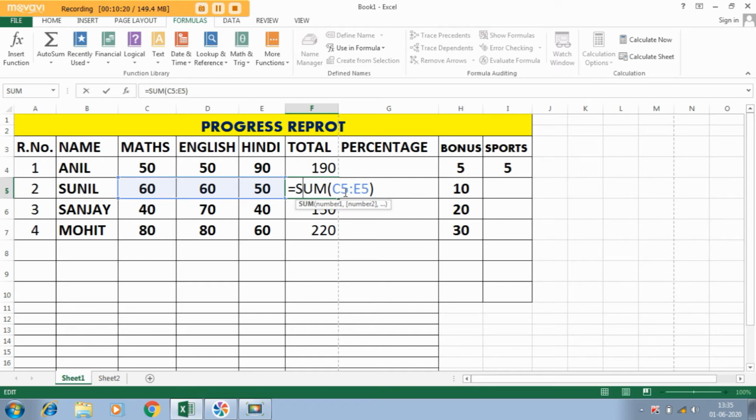Not the function name, not the parenthesis, not the equals to, only the cell addresses change. This is all about the relative reference. While using this relative reference, it just eases your work for the long process where you want to find the calculation. Now I'm going to tell you how to find the percentage: equals to which cell address contains